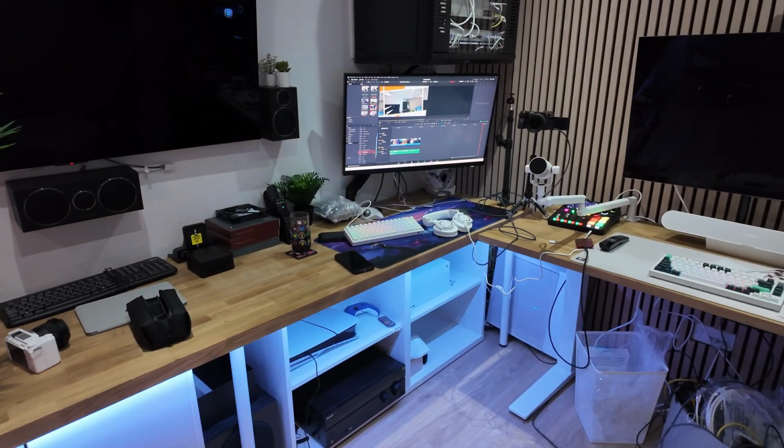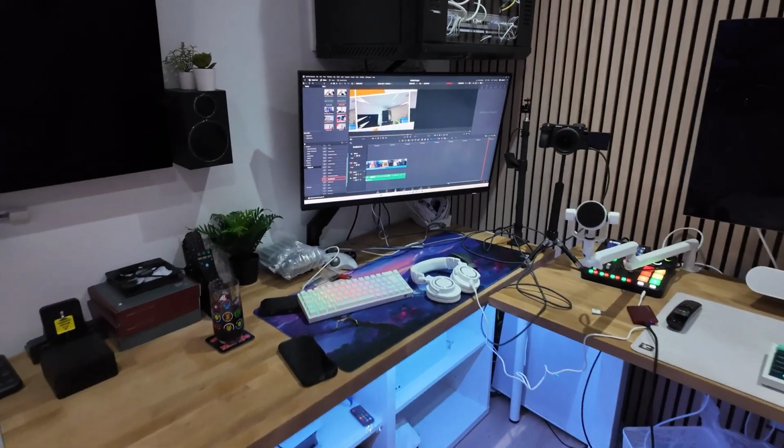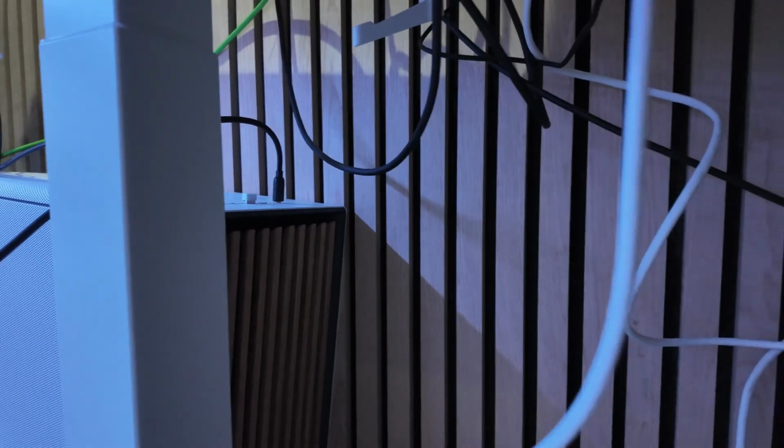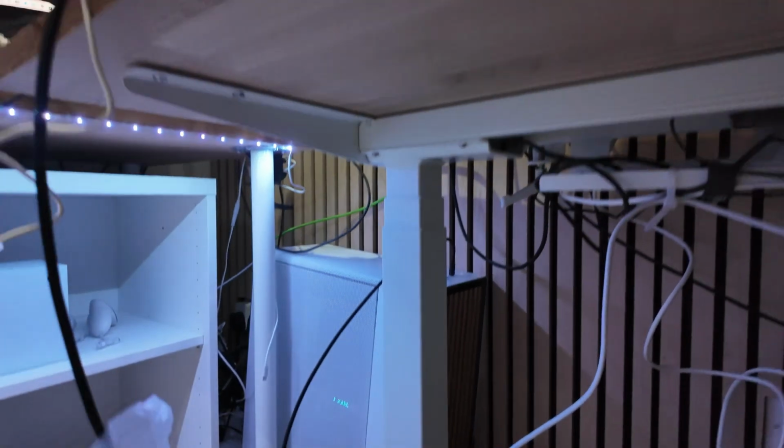Now, talking about PCs, like I said, I do have a streaming setup. I am using a Fractal North case, which is sitting down there. Now, the reason I like this case, and I'll go and get right under here, it actually has the very same aesthetics. It's on the lean at the moment because I'm just doing something behind it, but it has the same aesthetics